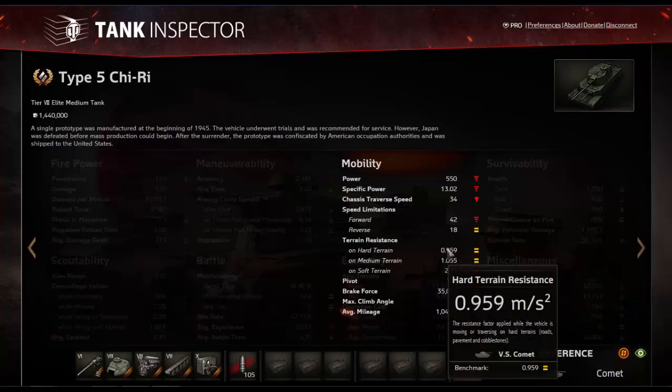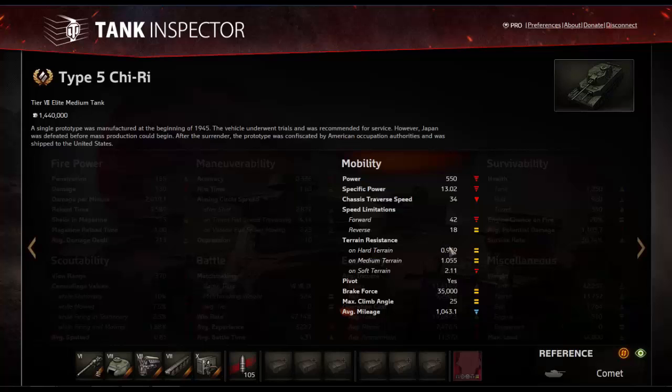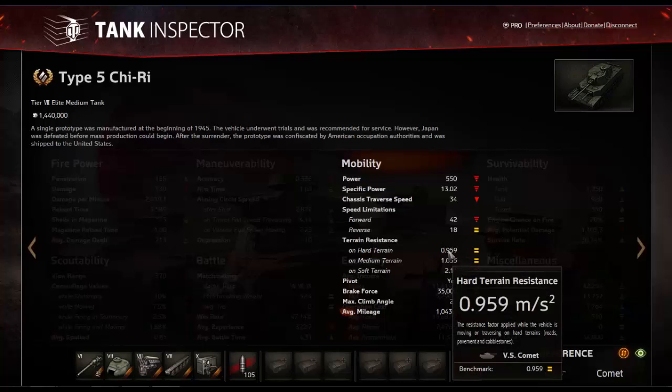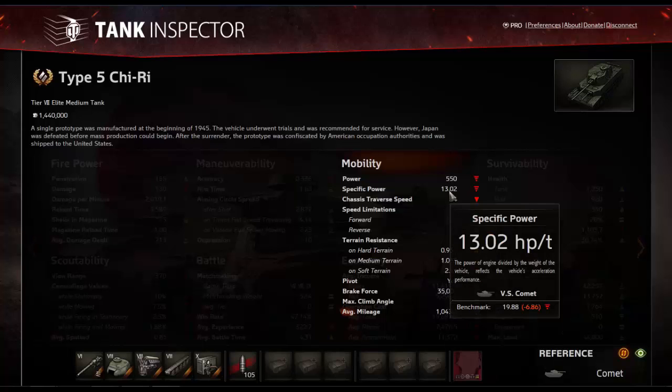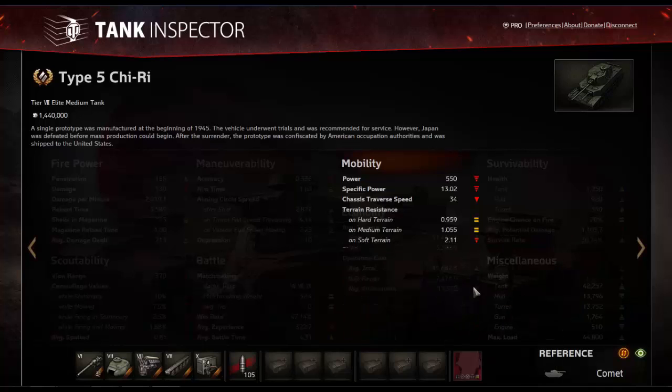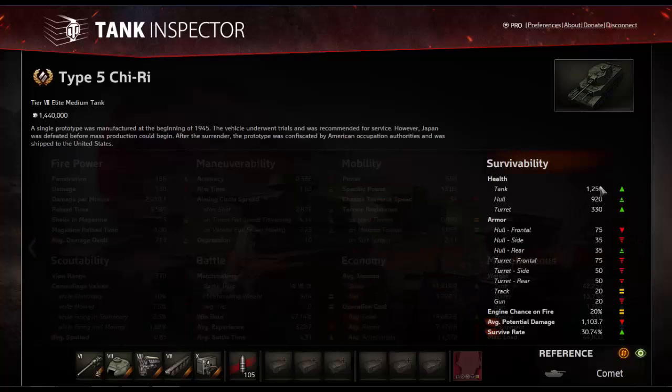I mean, if you look at my previous tank review, the E50 had great soft stats here. This tank doesn't, and it has a slow power to weight, so if I'm honest, this thing is even slower than the IS, which is a tier 7 heavy tank. The health is the only armor of this thing. I mean, you need to trade it efficiently,